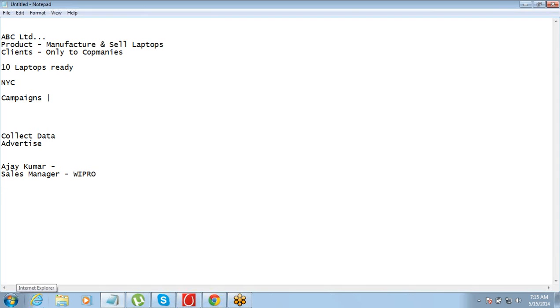Now Ajay Kumar has given us one more contact. He says contact Vijay Kumar, he is the procurement head at Wipro. Okay. Now where do I go and store this information about Mr. Vijay Kumar, who works in the same company at a different designation, and I need to store both the information,